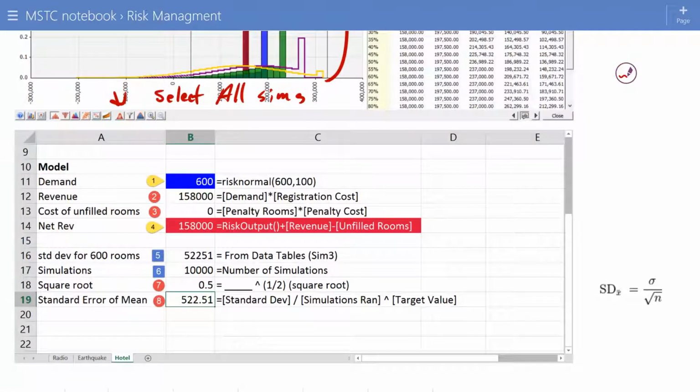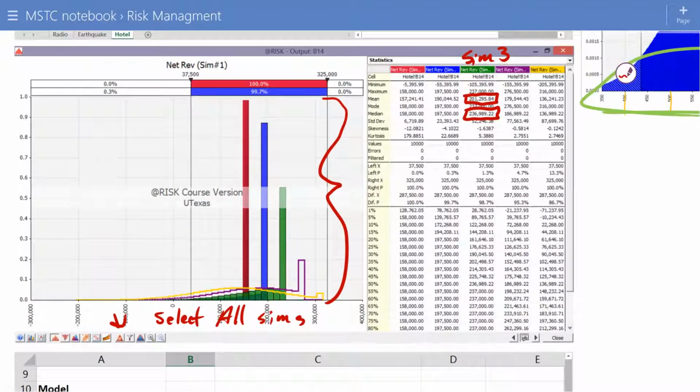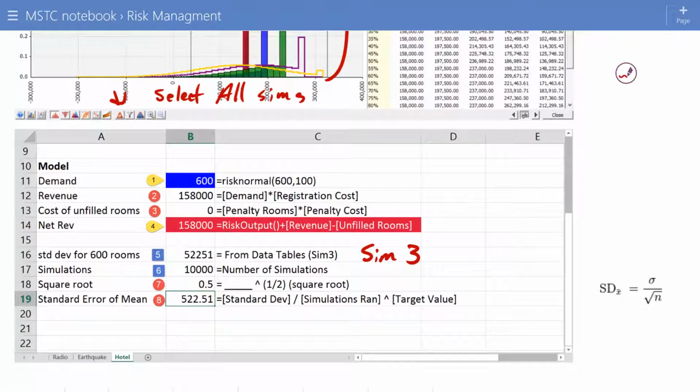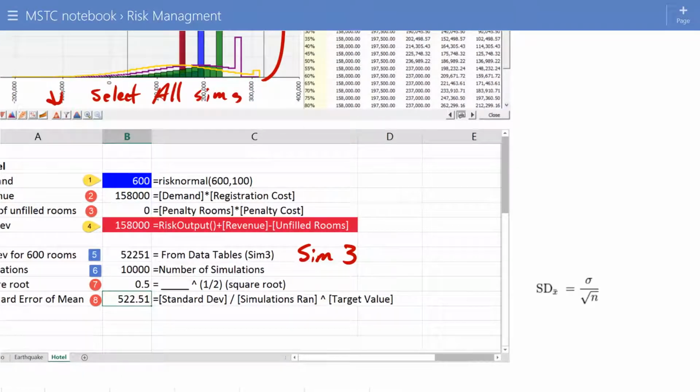So you look at Sim 3 and you pull up your standard deviation, and your standard deviation is 52,246. So I'm again like $5 off, but we'll call it close enough. And the calculation for standard error is this right here. That is standard deviation over the square root of the number of simulations that you run,